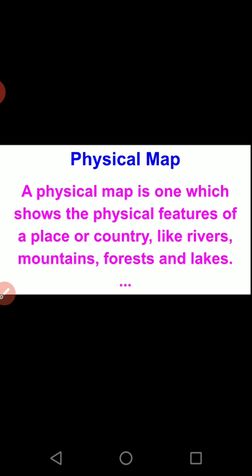It means those things on the earth's surface naturally made which we can see, which we can feel and which we can touch also. They are like the rivers, mountains, forests, lakes. So when the map is showing these physical features, it is called a physical map. Like here in the world map, you will see the continents are shown, oceans are shown, mountains, the Himalayas are also seen. The white part means that is a snow covered region also. This is the physical map which you people use in order to mark and all.